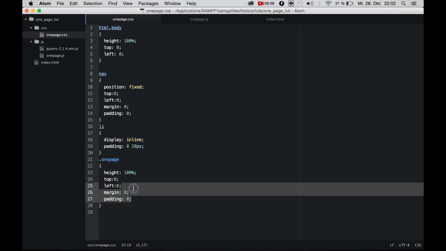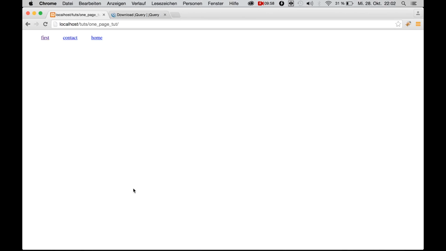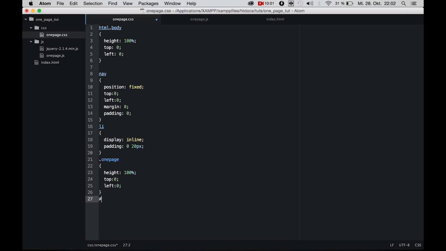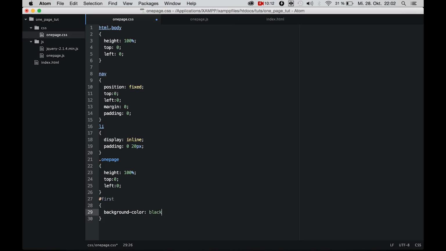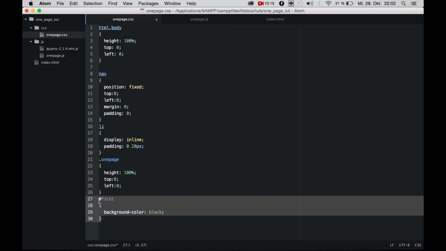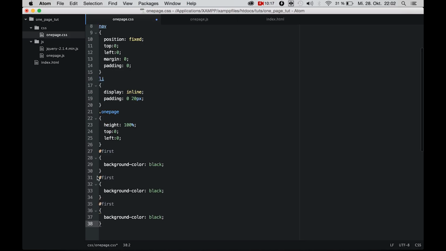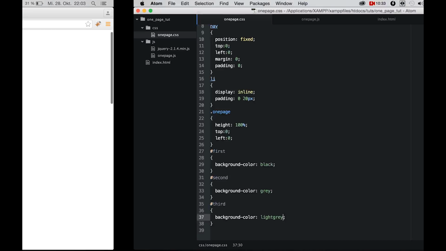If we save this, okay, at first, we're going to set the background color of our divs. So the div with the ID first, we're going to set to background color black. Then we copy this 2 times, 1, 2, the div with the ID second, and the div with the ID third. We give the background color gray and light gray, save this, and